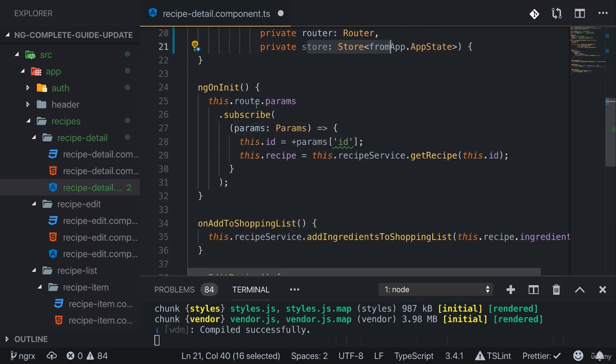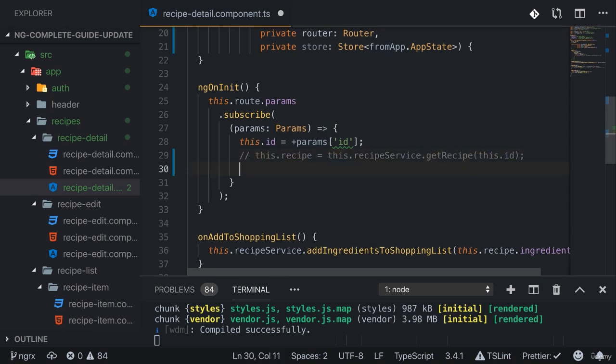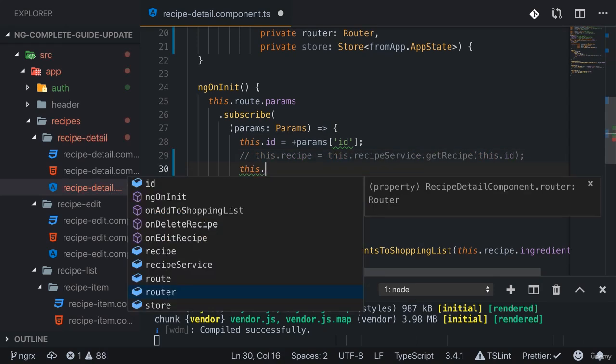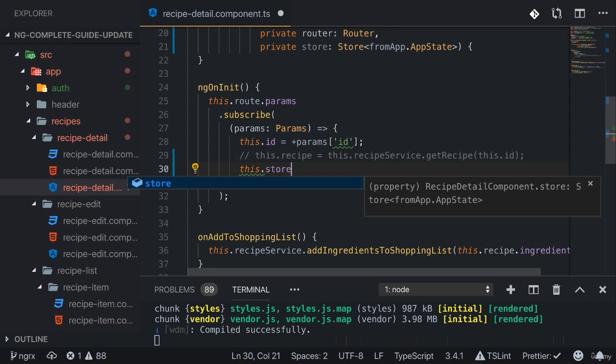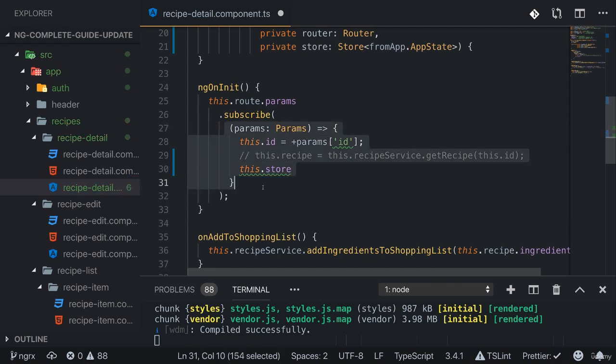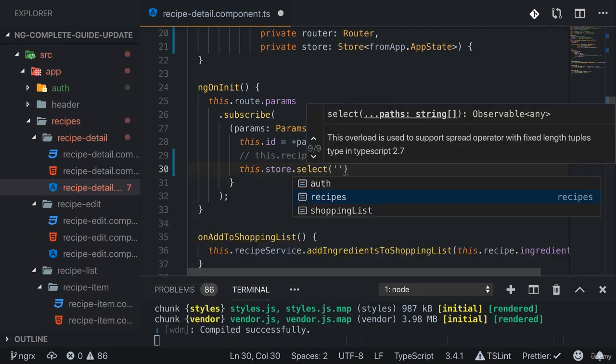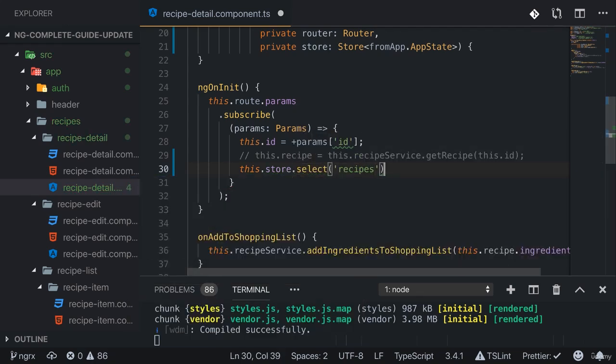Now here we have a problem. Getting the route params already is done through an observable. So now we want to add yet another observable to then take these route params and get our recipe. Now, the first way of how we could do this would be that we create a new observable chain inside of that function we passed to subscribe of that outer chain, where we select our recipes part of the store,